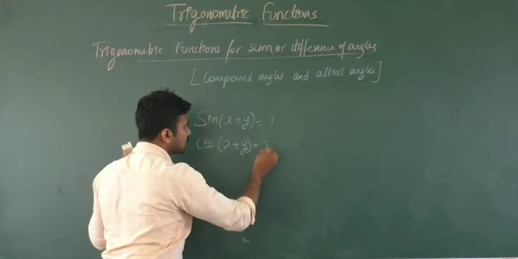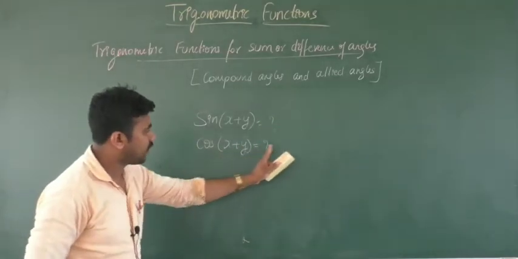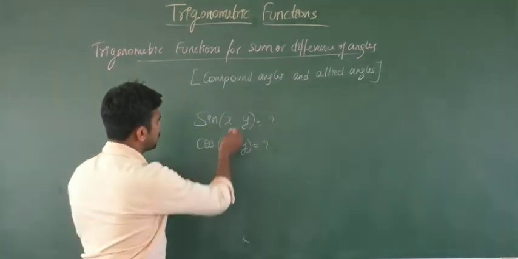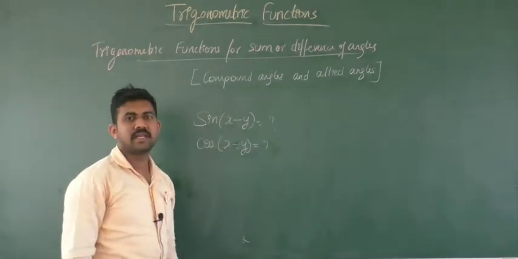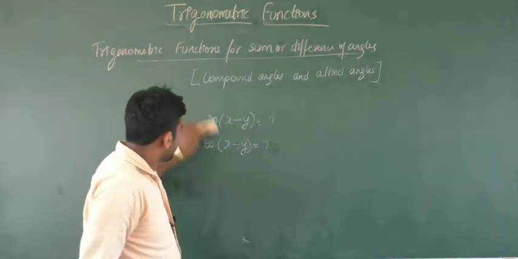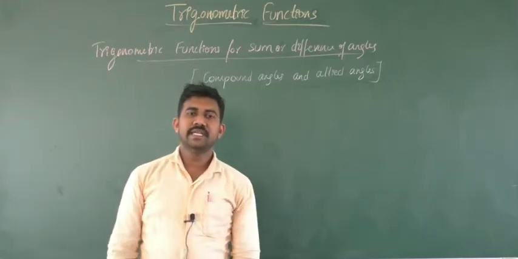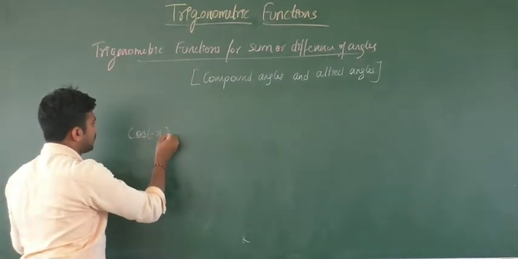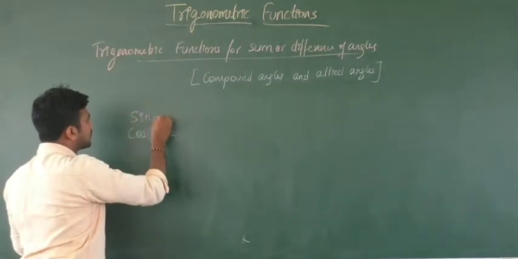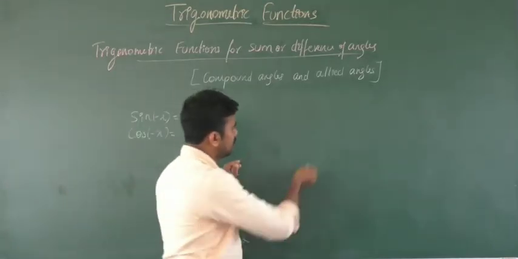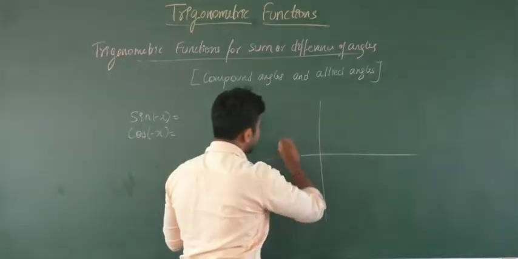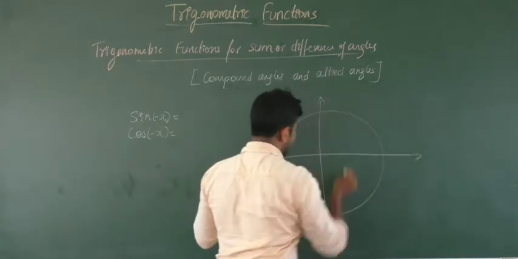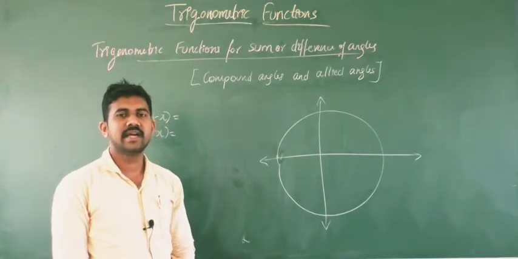Okay, so what is the expression of this, what is the formula we'll get here, that we'll see in the derivation. Similarly the difference also, cos of x minus y. Now to derive that we need the value of cos of minus x or sine of minus x. Minus x means, if you consider a unit circle with the center at origin in a plane, and you measure in the clockwise direction, then you will get the central angle as negative.